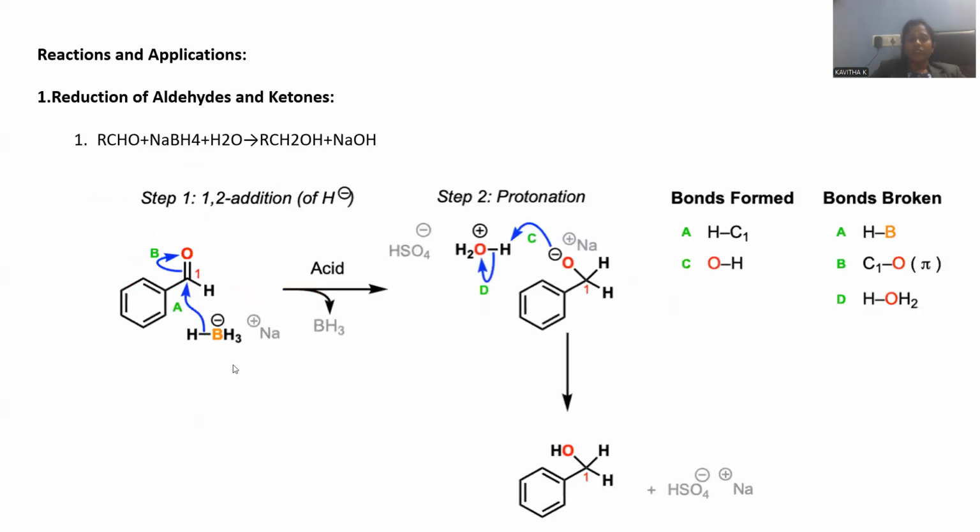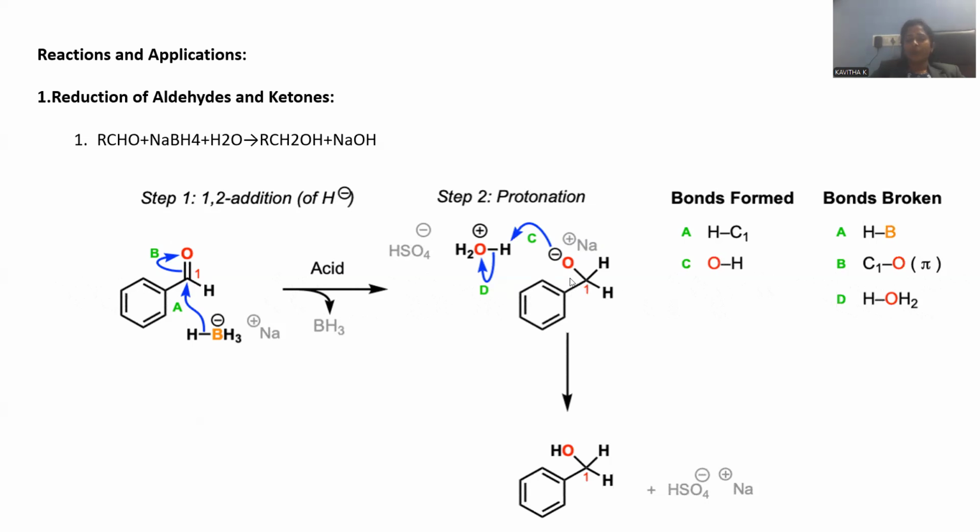Now let me show benzaldehyde. Benzaldehyde is a kind of aromatic aldehyde. Sodium borohydride is supposed to add at the carbonylic carbon atom, especially the hydride will be connected with the carbon. Subsequent to pi bond delocalization, you can notice, whenever the pi bond is delocalized, what happens? Oxide will be generated and hydride is shifted, able to form a sigma bond over there.